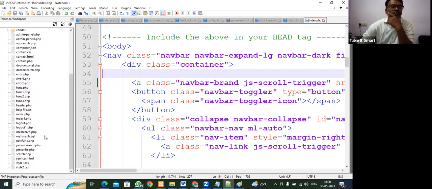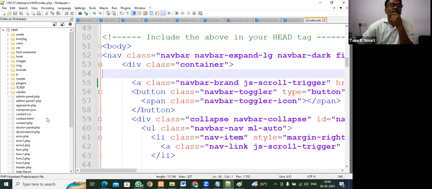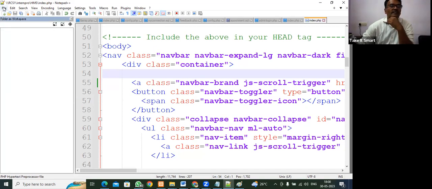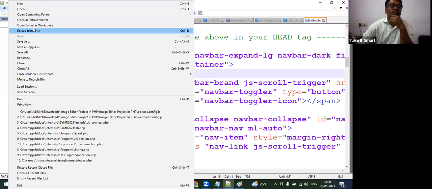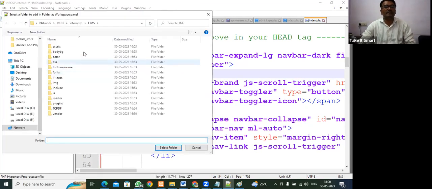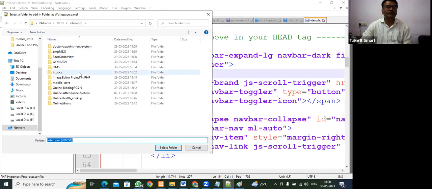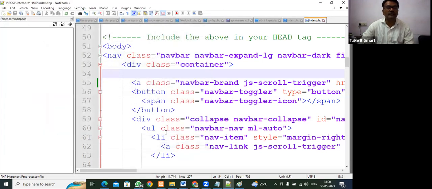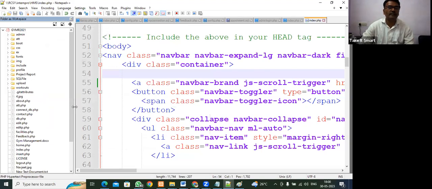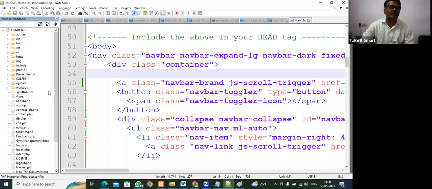Package.php. Where is package.php? So this is a different project I am searching here. So wrong. First, I should include this project. So open folder as a workspace. Leave HMS and gym management. Okay. Gym management. So here we'll find